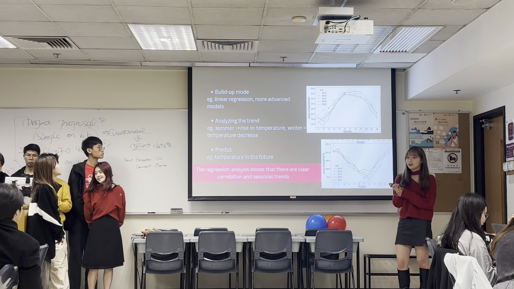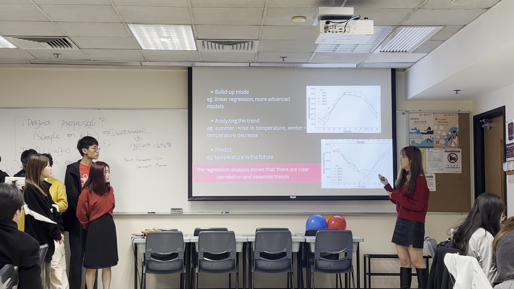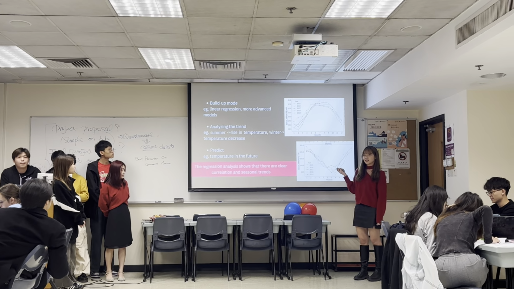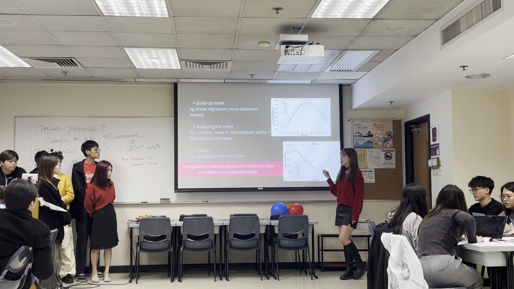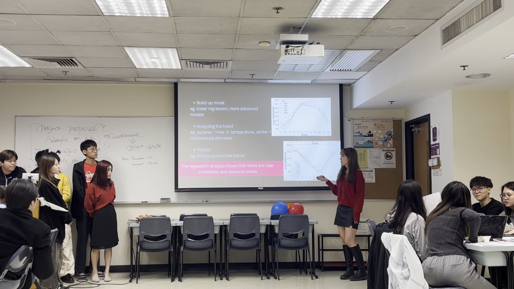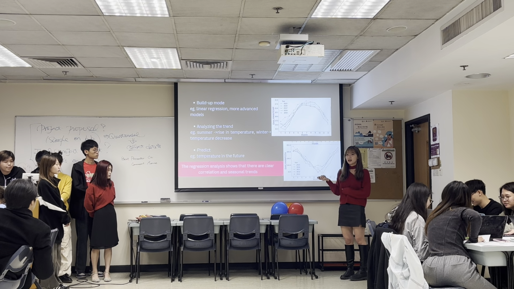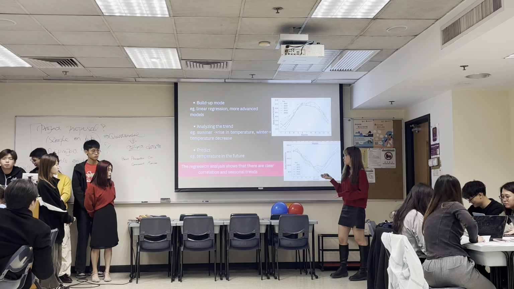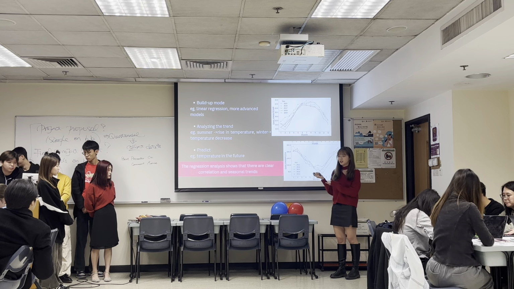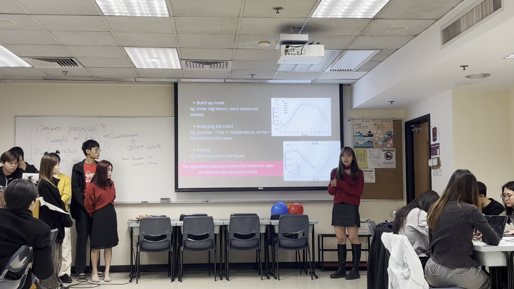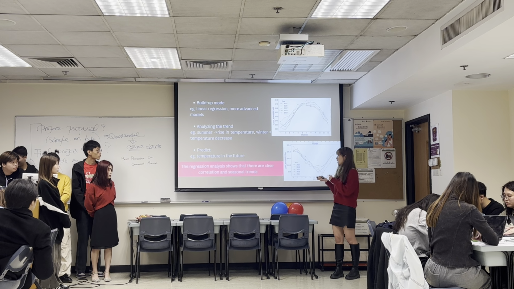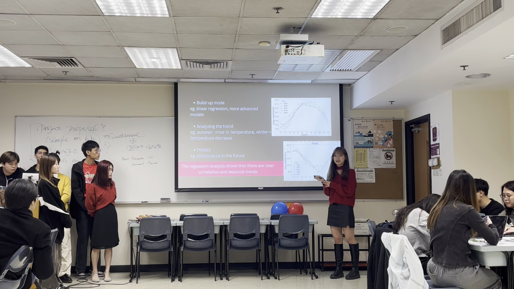For example, from the graph we can know that in summer there will be a rise in temperature, and in winter the temperature will decrease. Therefore, we can predict the temperature in the future. It lets us know that the temperature will normally rise in summer and normally decrease in winter. The regression analysis shows that there are clear correlations and seasonal